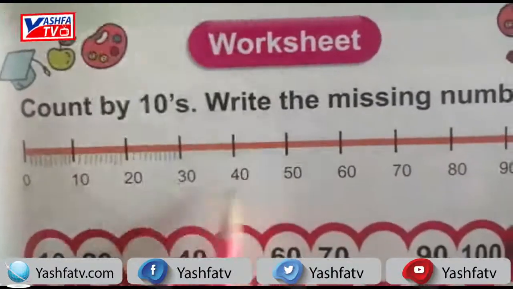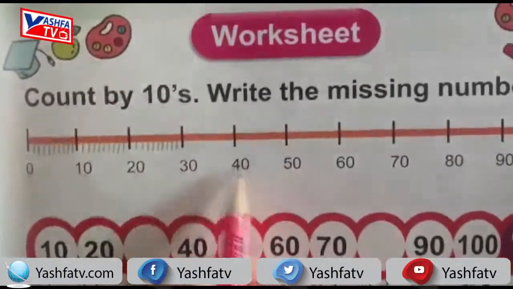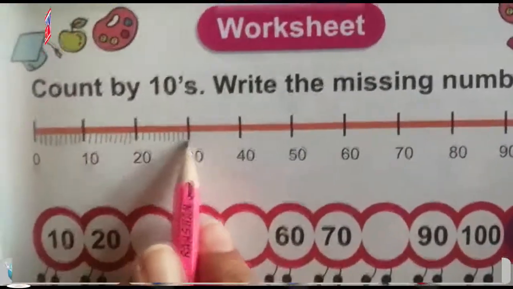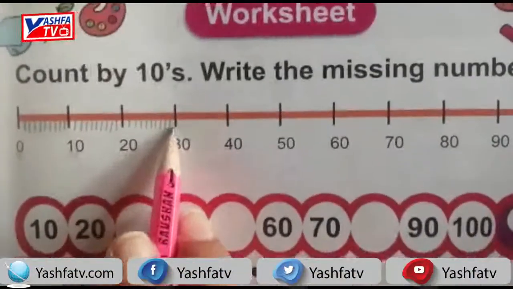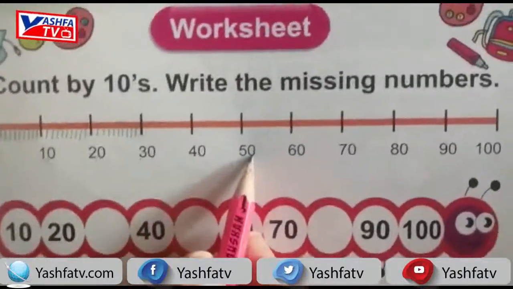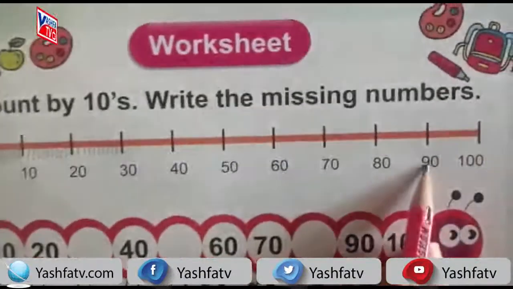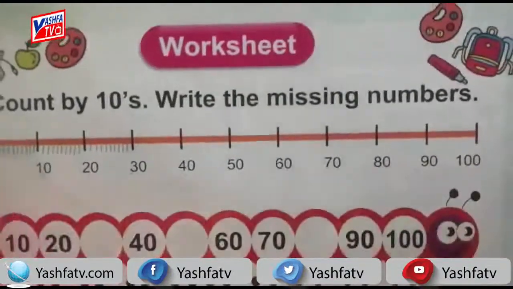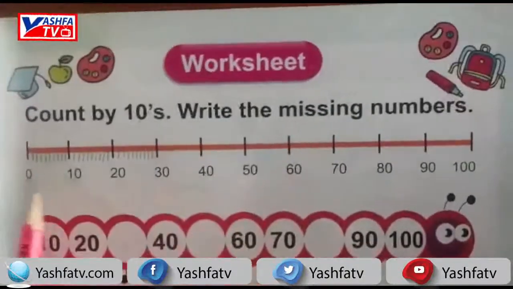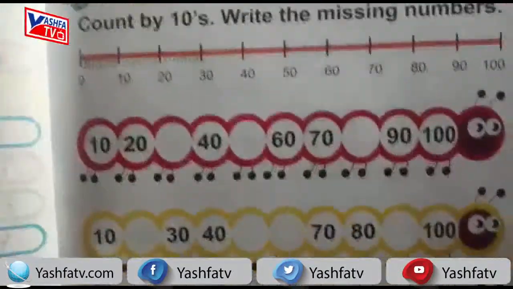And after 30 the next number is 40, and we count 10 digits then move to the 40. Similarly, as in the previous, 30 to 40, 40 to 50, 60, 70, 80, 90, 100. On these lines numbers are shown 10 by 10. It means that we add numbers by 10. So we move to the next.